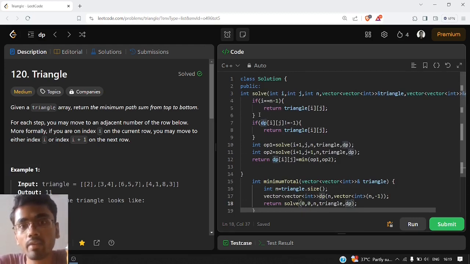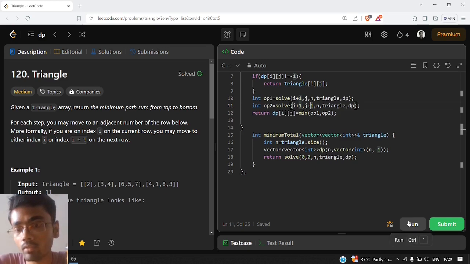Now in recursion we have some base case which is the stopping condition. What is the stopping condition here? If we reach the bottom row. So what is the bottom row? Obviously n minus 1. So we'll return the number present there, and we'll stop our recursion from there. This is for the overlapping subproblems. Now we have two options. Either we will go to i plus 1 comma j, or we will go to i plus 1 comma j plus 1. And amongst both the paths, whichever is the minimum, we will take that and store it in our dp table. So that was it about the code.